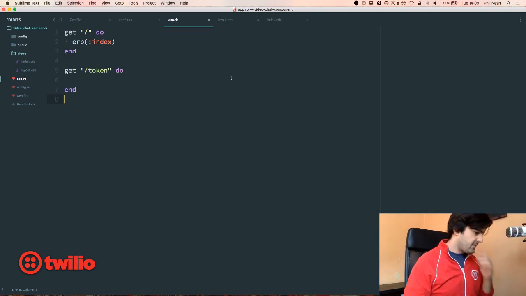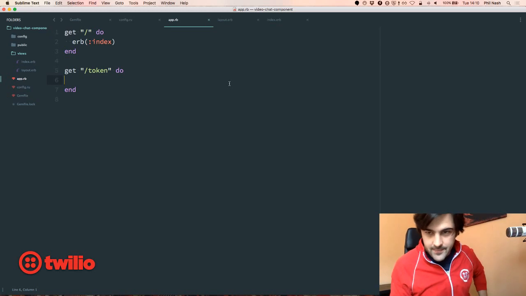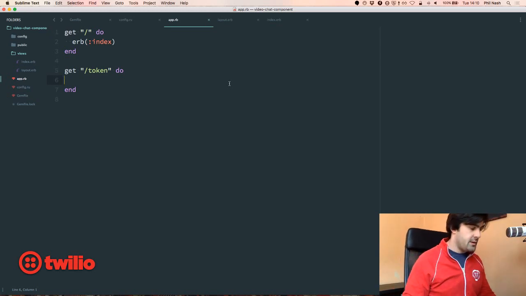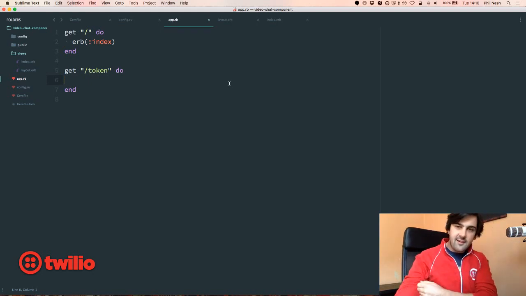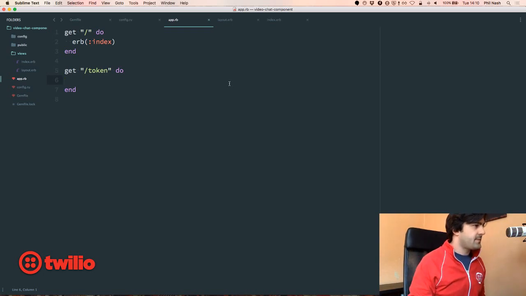So what we can do instead is generate a token. In this case, it's a JSON Web Token, or JWT, as I believe it's called for short, which we'll be able to send off to Twilio as part of the library, and that will give us access to the service. So in order to create this token,